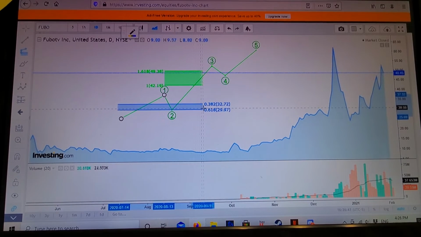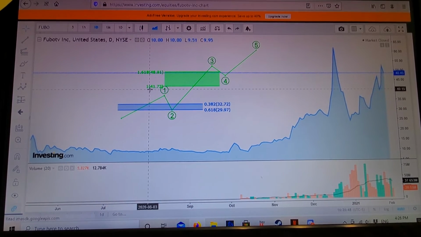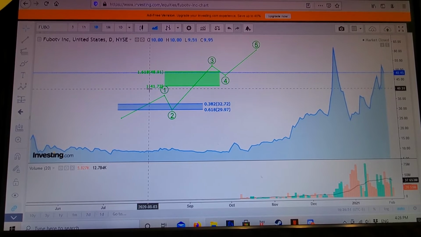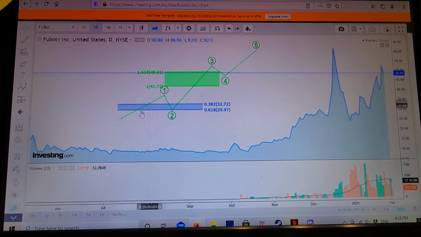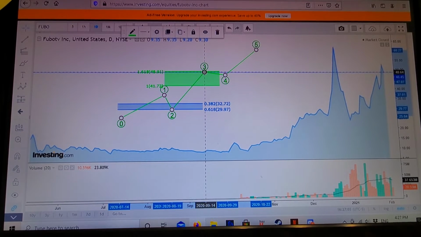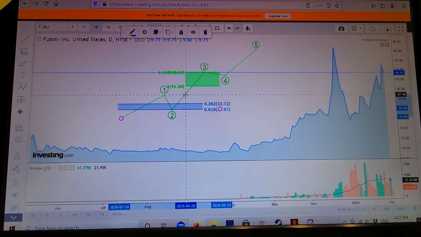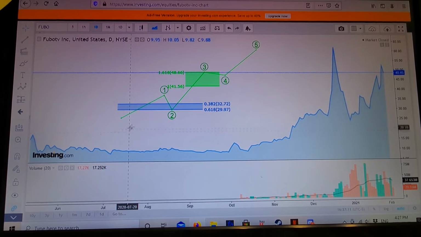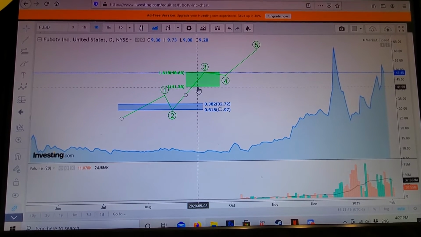And if we drag it across just so the box lines up at the top, you'll see 2 more ratios, 1 representing 100%. So that would be the entire length of 1. And 1.618 representing 161%. So that's like the big push that you get. So wave 3 usually comes up to this sort of an area. I'm just going to move this over so it's easy to see there. So after we've done our retracement, that 161.8 is where we're going to go to. So this green box is what I would call my price targets.